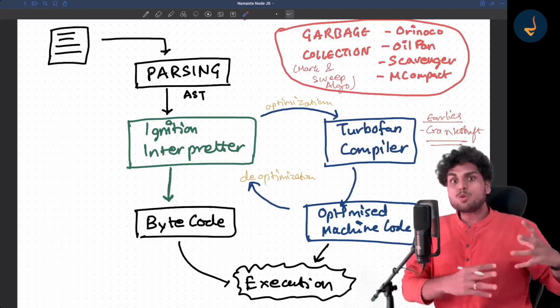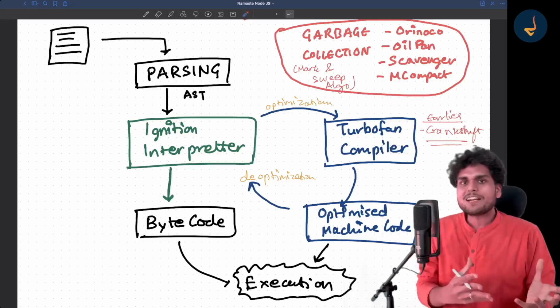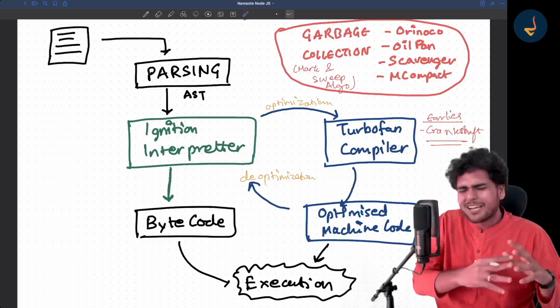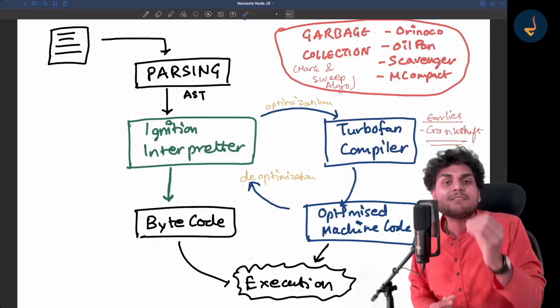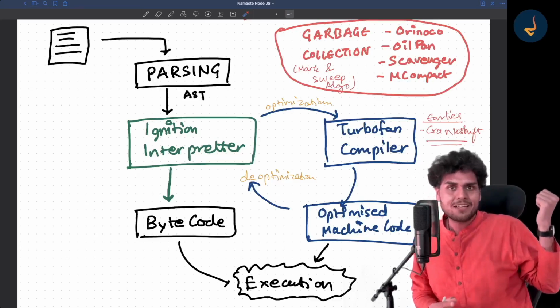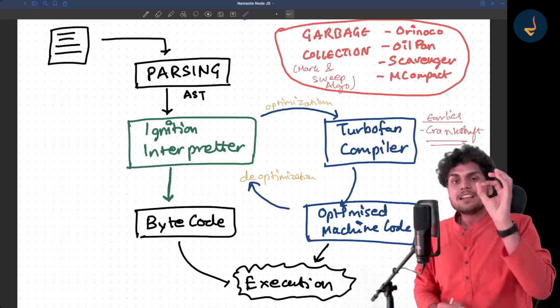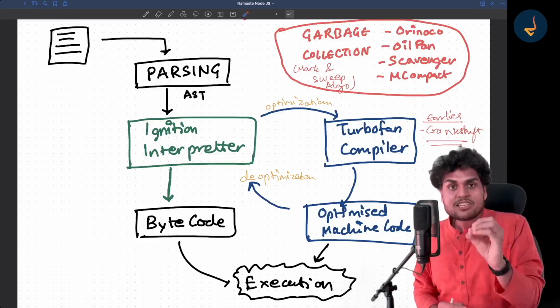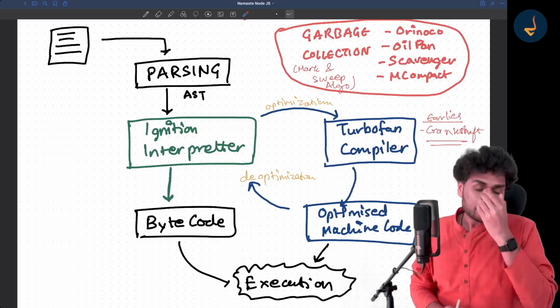Earlier, people used to hate JavaScript because it was slow. Why was it slow? Because it was interpreting things. It was not compiled. There were so many issues. It was slow. But today, my dear friends, JavaScript is not the same as it was 25 years ago. In 1995, JavaScript was built, and the first JavaScript engine was built by the creator himself, right?